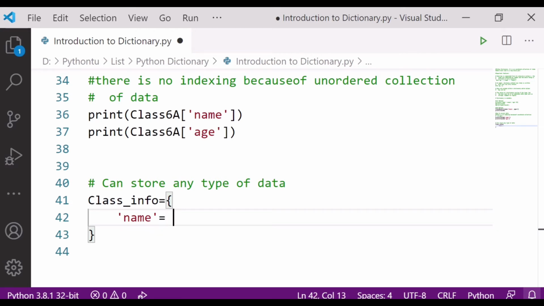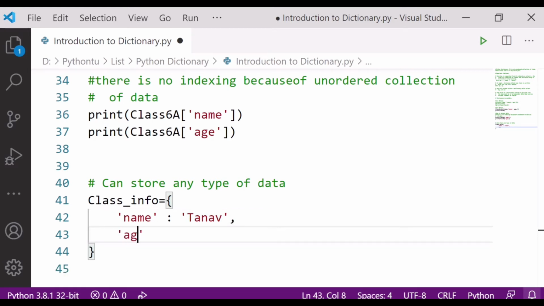Name colon, if I write here Tanya, then comma, next if I want the age, simply I will write here 8. Then comma, next if I want the hobbies.